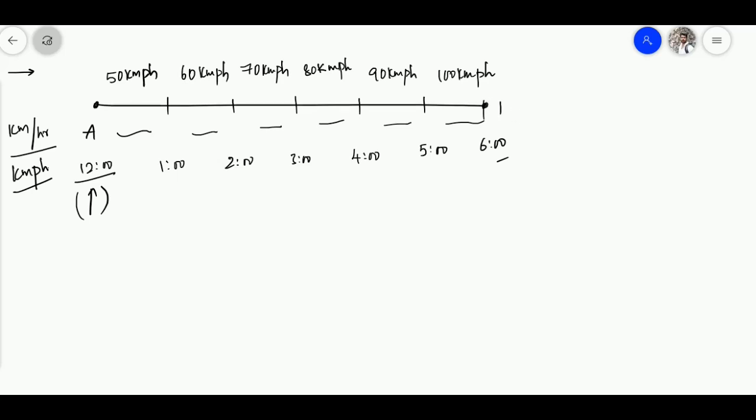Let's take this is the point B. You have been traveling with different velocities. Now here the new word comes: acceleration. I can connect very simply by taking the example of the accelerator in your bike. So you started with 50 kmph.